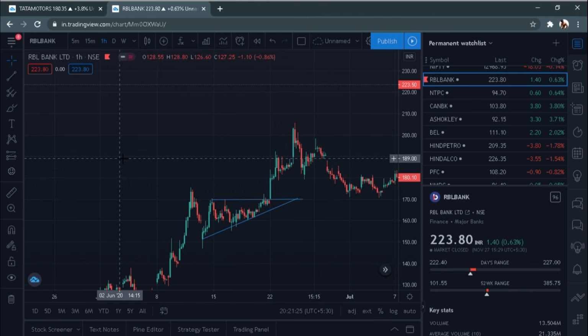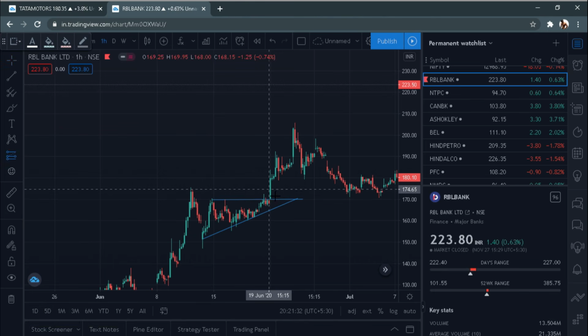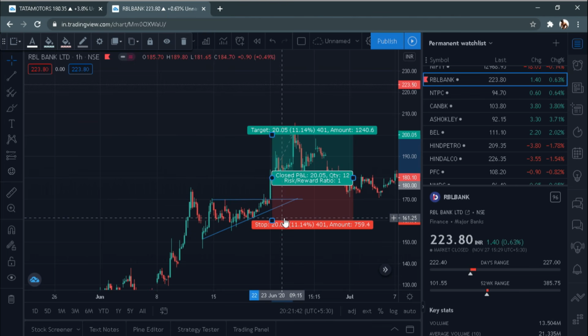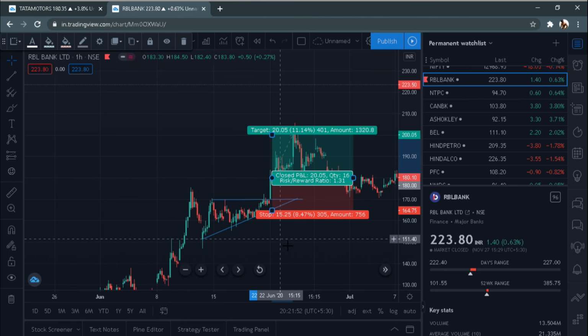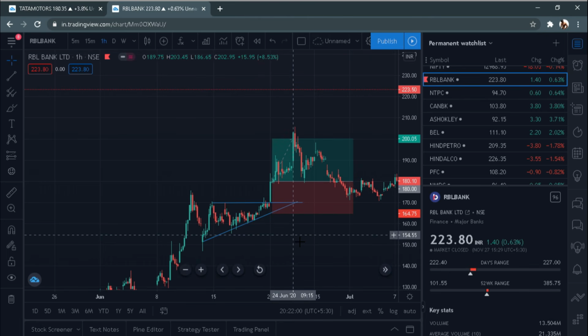Now when it comes to the entry, exit, and the stop loss point, your entry should be similar to the flag pattern. That is when a candle breaks the pattern and closes above the break. So the logical entry here would be at 180 rupees. This would be the logical entry, and the logic for the stop loss is similar to the flag pattern, that is where the triangle pattern is invalidated, so your logical stop loss would be over here. If the pattern is invalidated, there is no sense in staying in the trade. It is better to exit if your logic is invalidated.